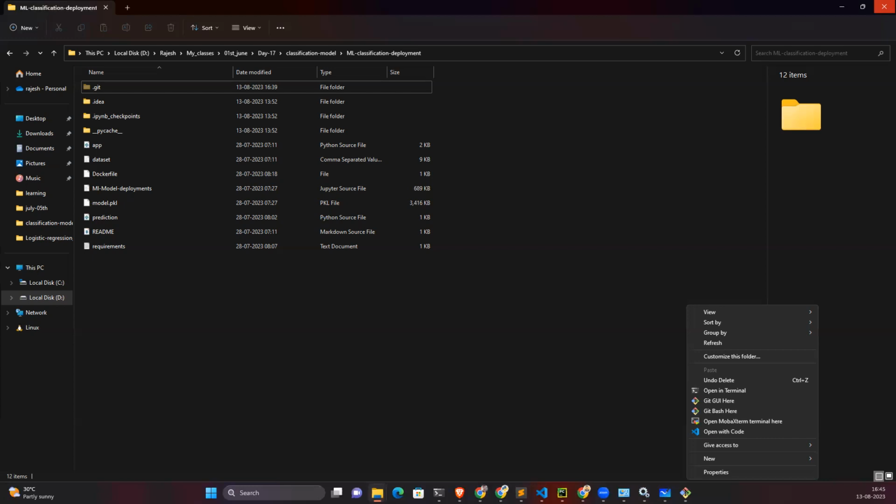git config --global user.email and your email ID. The command is already given. Go to Git Bash. I have already given the commands, just see in your chat. Go to your chat and copy that command from the bottom, the third command. Git config user.name and your username, not my username.